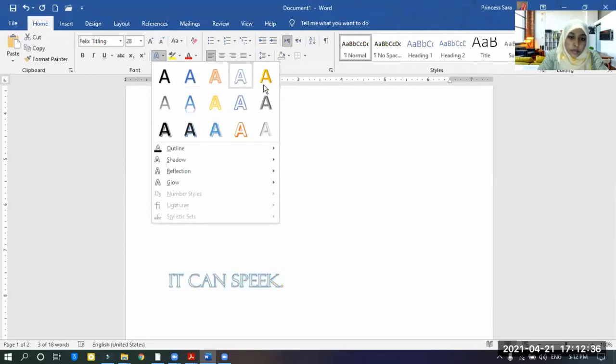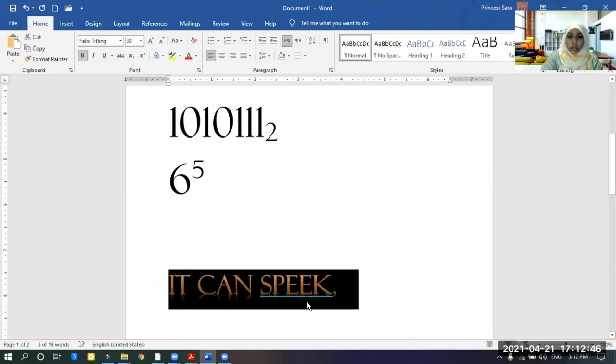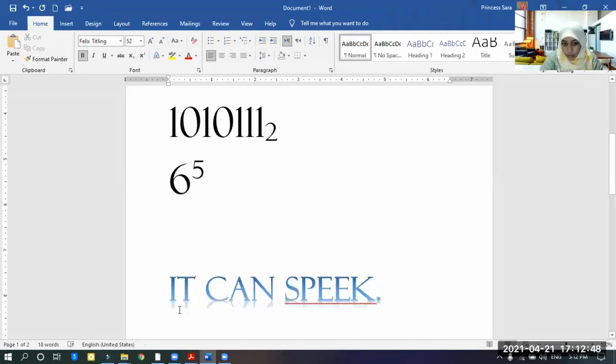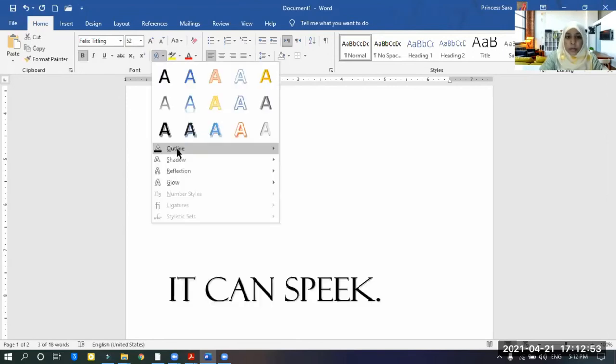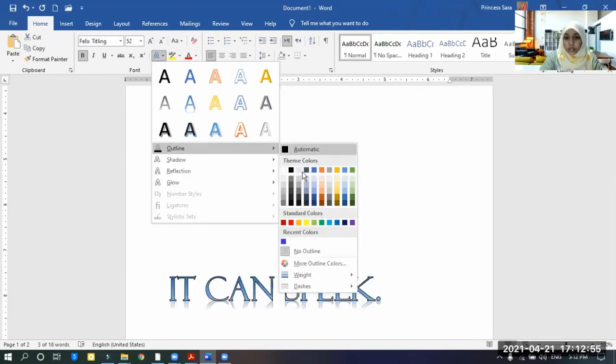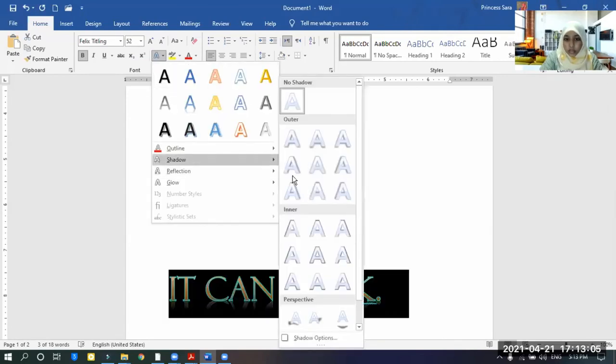See, the style is changing, right? This is a style. There is a small shadow under that. Also you can customize. You can put some outlines to these letters, and you can apply shadows.